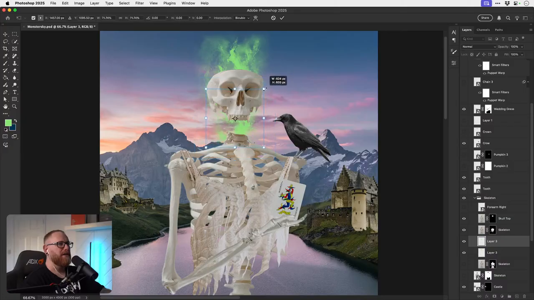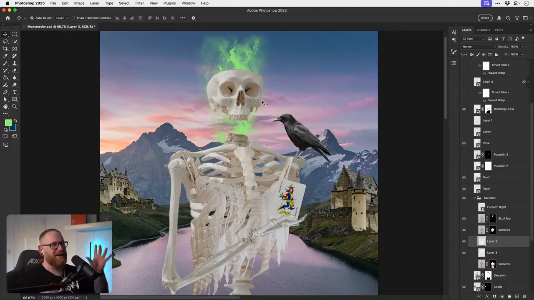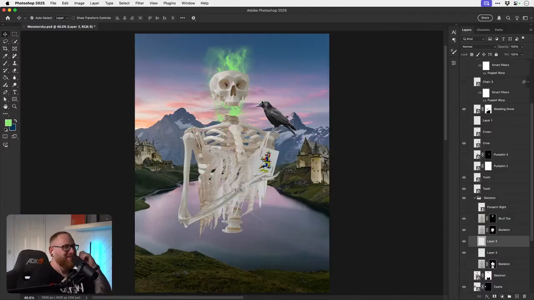So, yeah, that would be the idea, is he doesn't really have a jaw, but he's a flaming head. That's the idea, anyway. Definitely the top. The top definitely works.